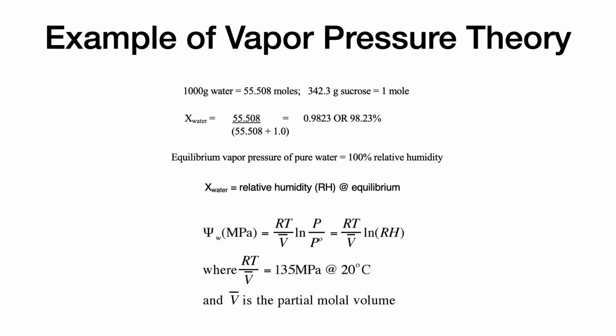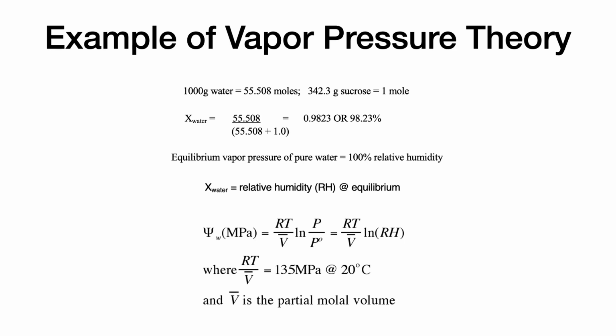of water, is equal to 55.508 divided by 55.508 plus 1. Remember, it's number of moles of solutes plus the number of moles of water. If we calculate that out, it comes out to be 0.9823, or